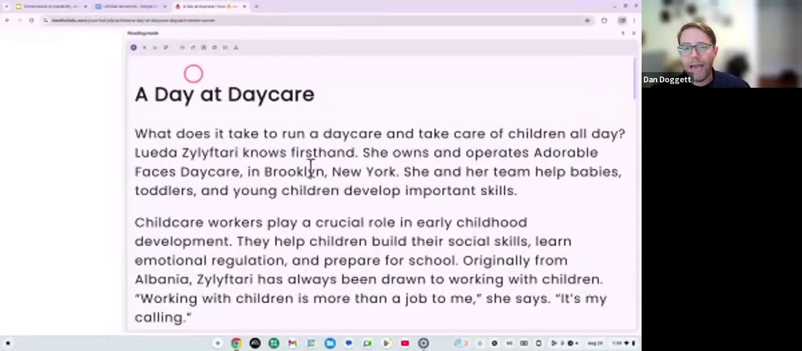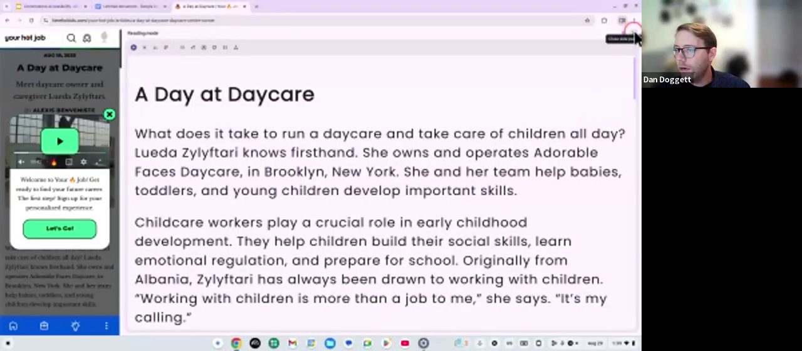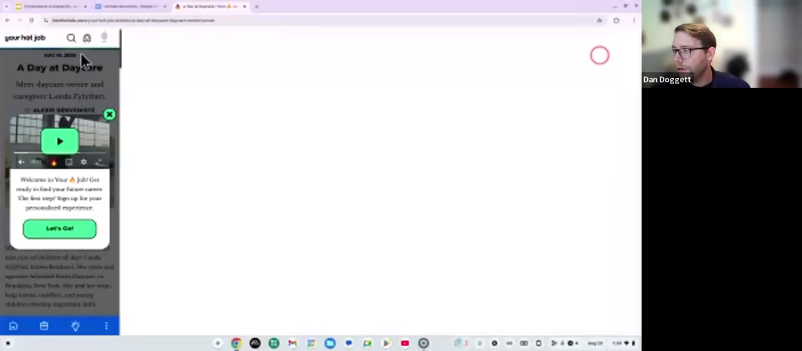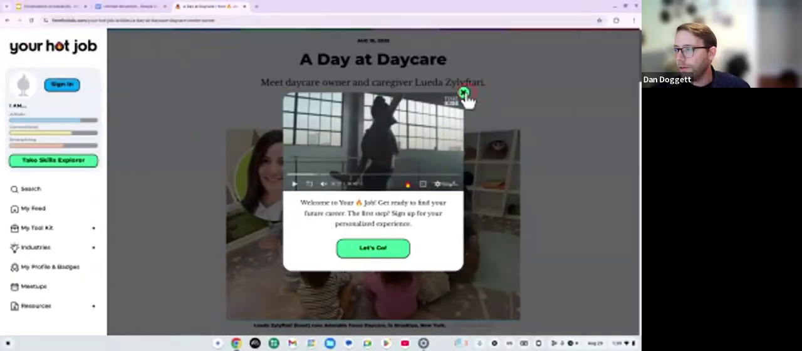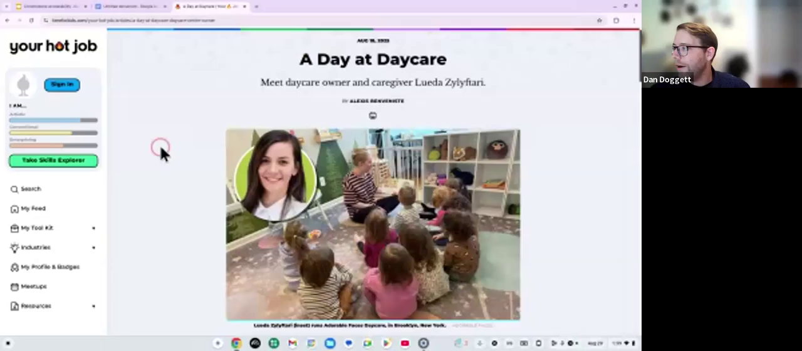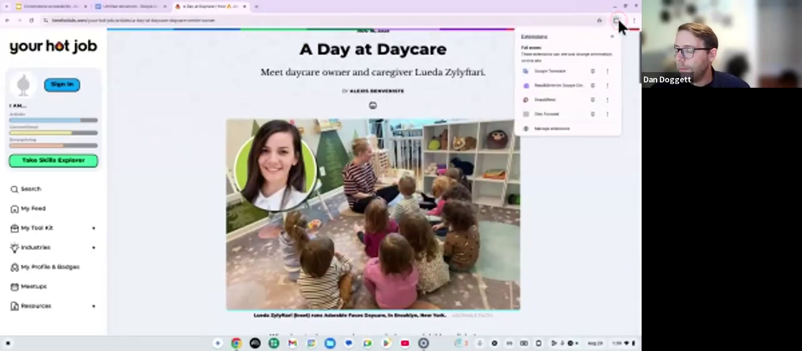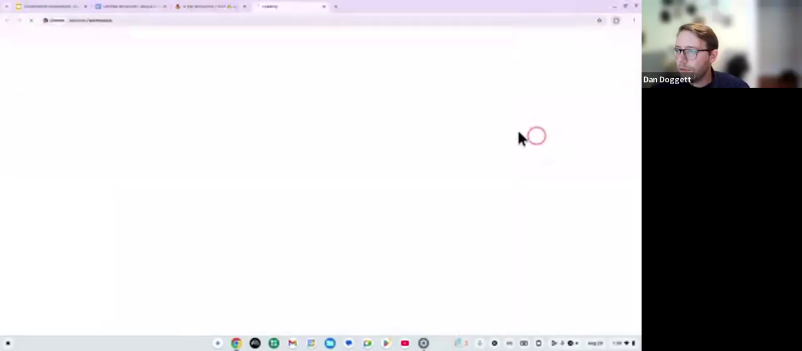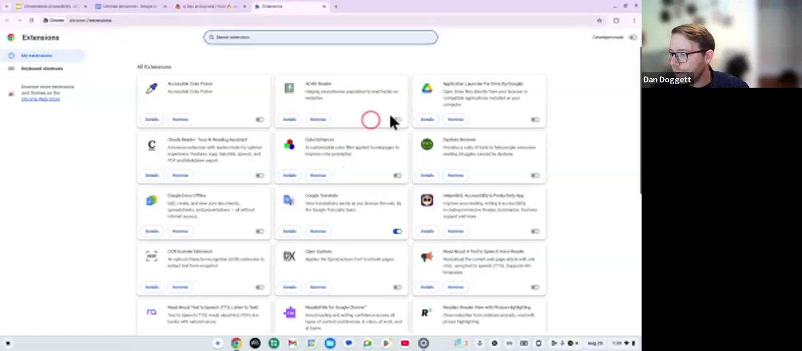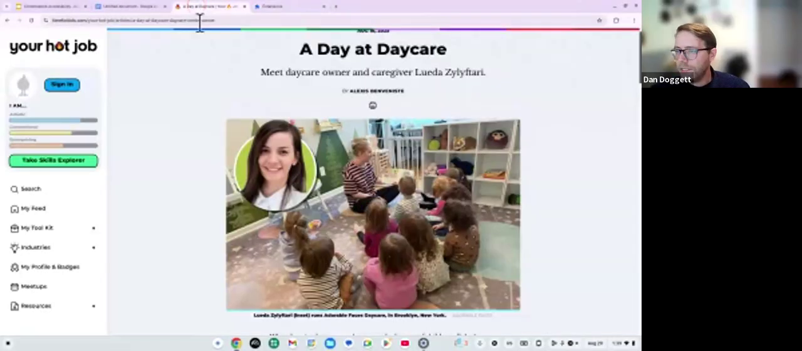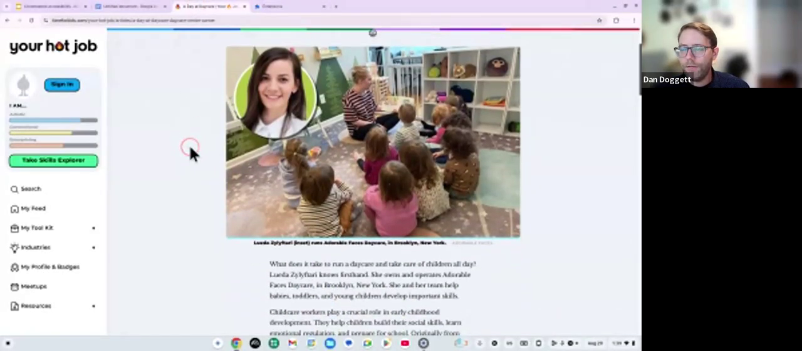So just to give you an idea of what that looks like, I'm going to go back to our original Time for Kids article, and I'm going to enable that on my browser. So I'm going into my extensions, looking for Open Dyslexic, and I'm going to toggle that on. Now, everything looks the same right now. However, if I refresh this page,